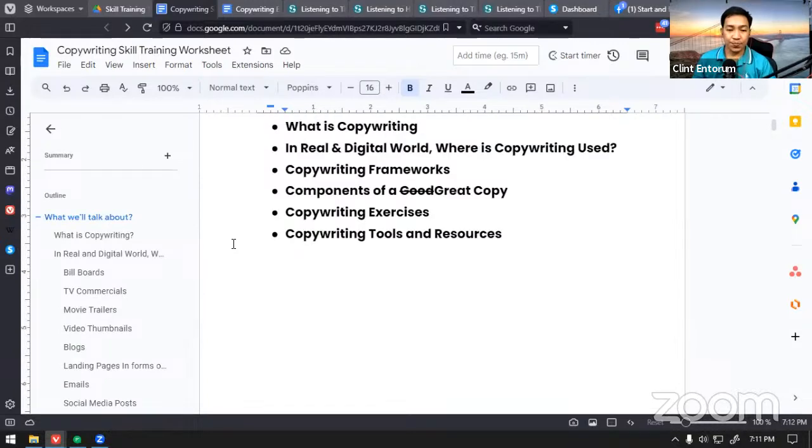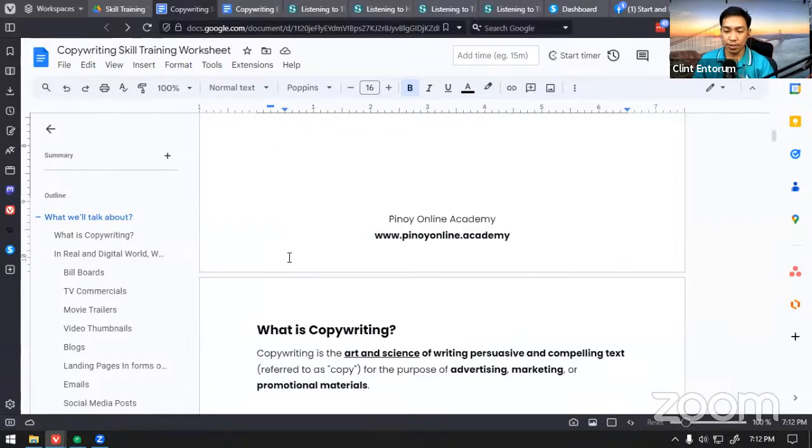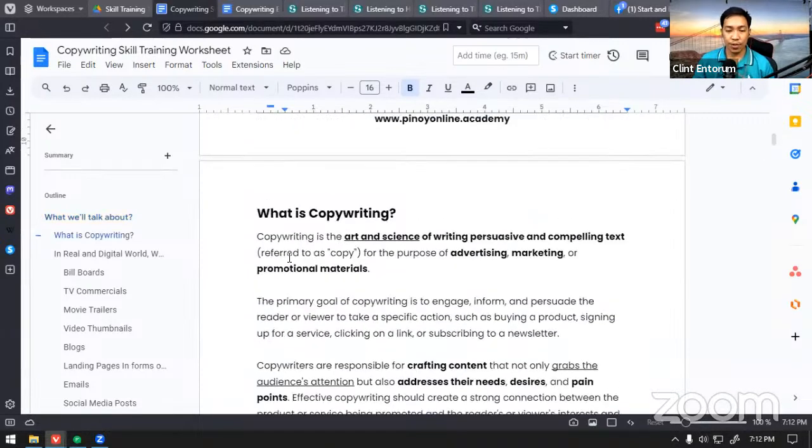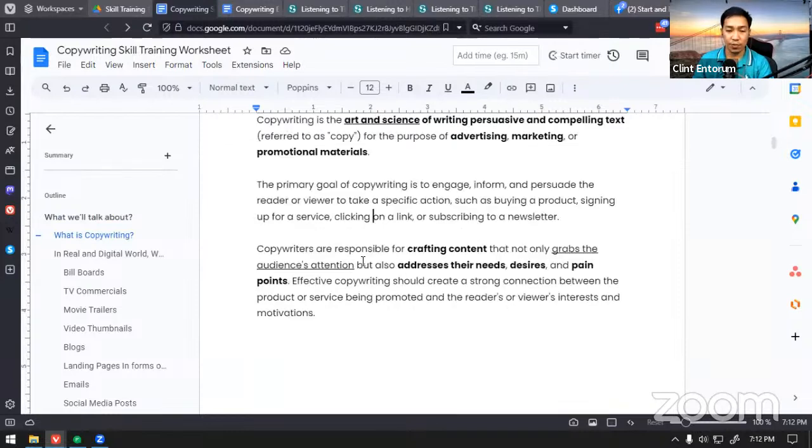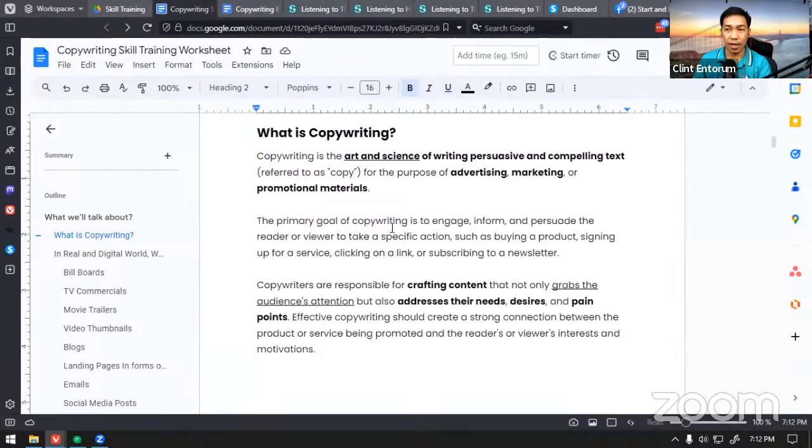Okay, so now let's get into the bottom of it. So start with what is copywriting, and basically it's the art and science of writing persuasive, compelling text, referred to as copy. So ito po yung mga tawag. Ang tawag po sa trabaho ng copywriting is to create copies.